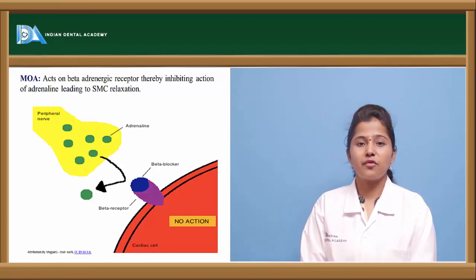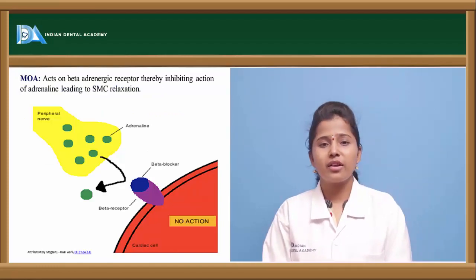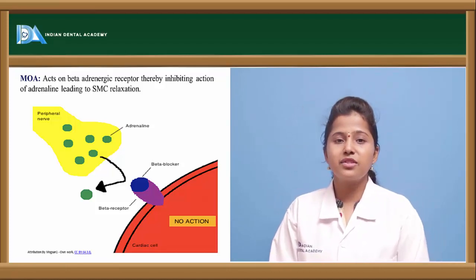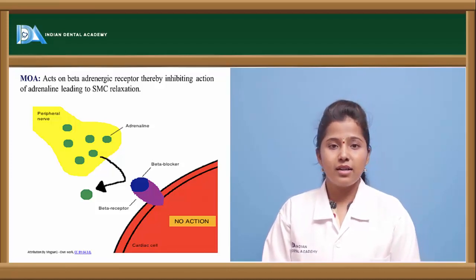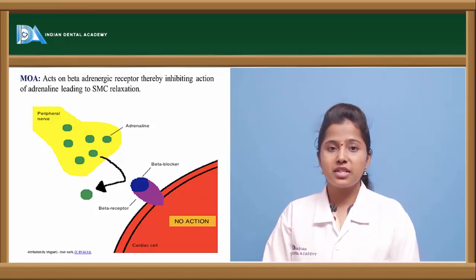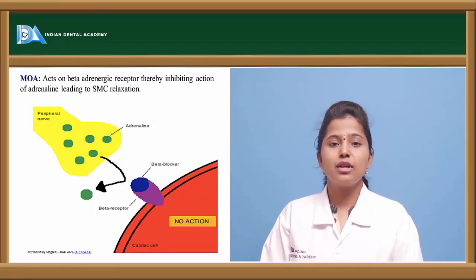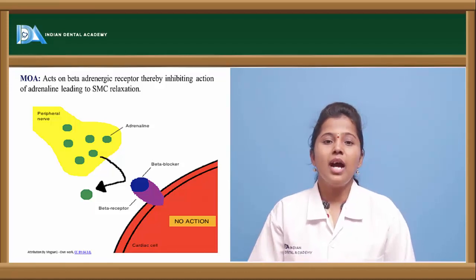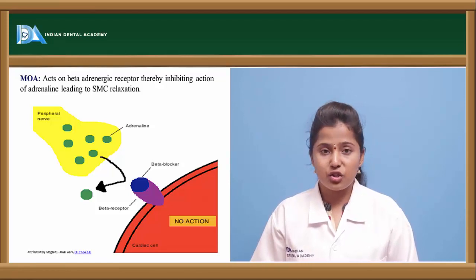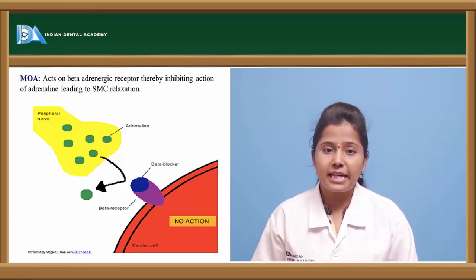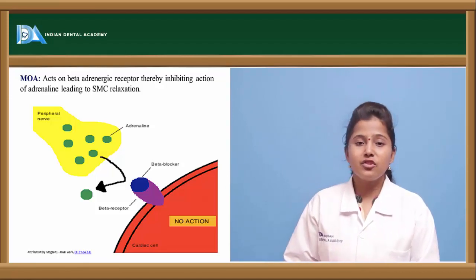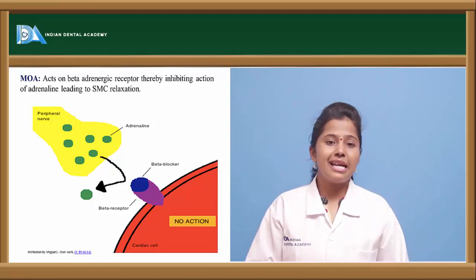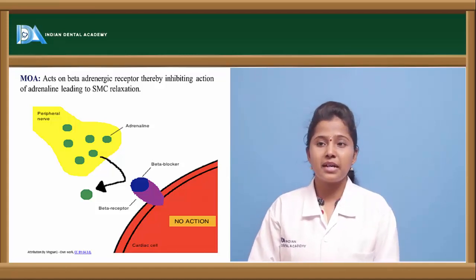Let us see the mechanism of action. The mechanism of action of beta blocking drugs is very simple: they inhibit the adrenaline which is released from the synaptic junction. Adrenaline is released from the neurotransmitter junction and binds to the beta receptor. But these adrenergic blockers prevent adrenaline from binding, and they in turn bind to the beta receptors, and thereby